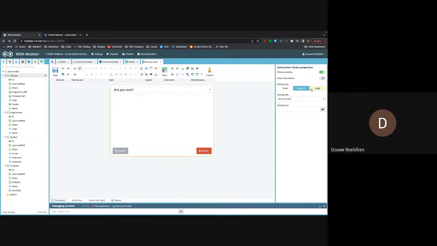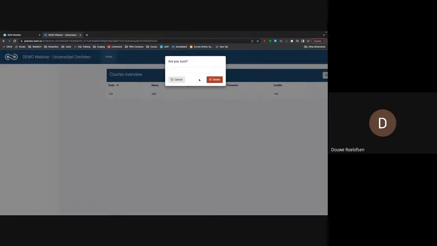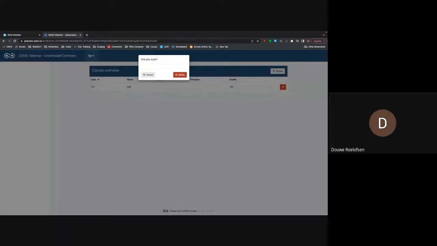And I'm going to change the overlay size to small because I don't need much. And now if I click delete, it's an are you sure? If I click cancel, it doesn't delete. If I delete, it's gone. It should be gone. Well,